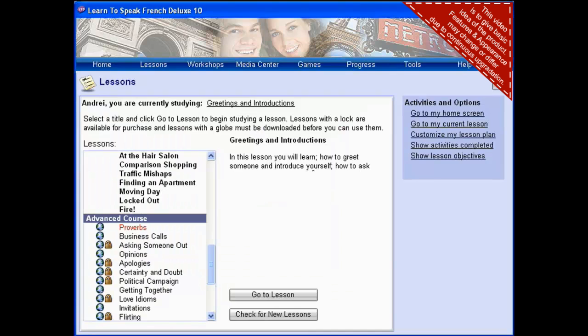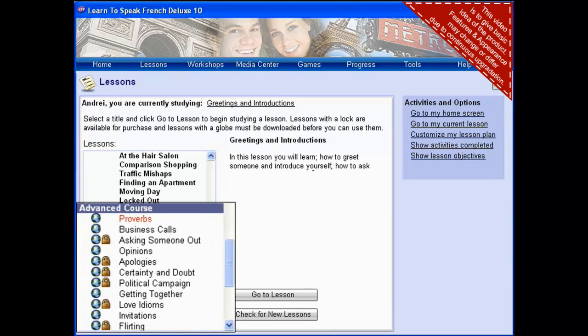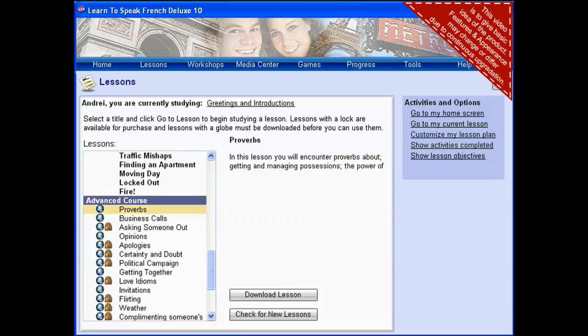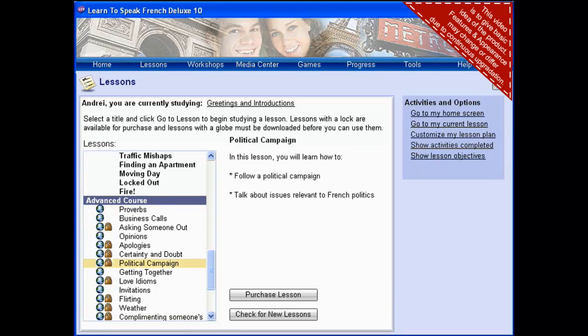Once you have finished the intermediate courses, you are ready for the more advanced courses, expanding your knowledge of the language. The advanced courses are divided into multiple activities just like the intermediate courses. Want to keep growing your language skills? You can download additional lessons by going online to